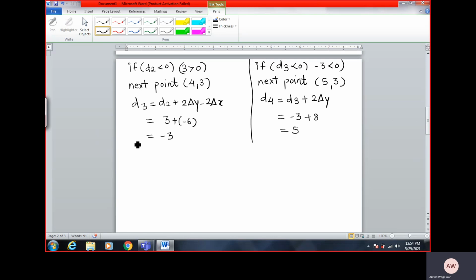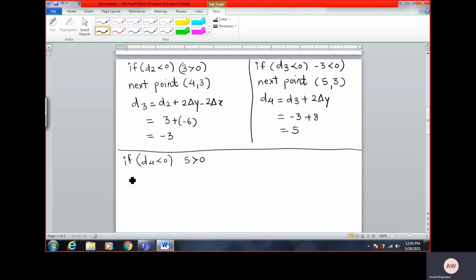Okay, I'll write that step here. Now we have d4, sorry, okay, again I have to compare the value of d. So now current d is d4, I have to compare it with 0. It's 5, and 5 is greater than 0. If it is greater than 0, now I hope you remember all the formulas.